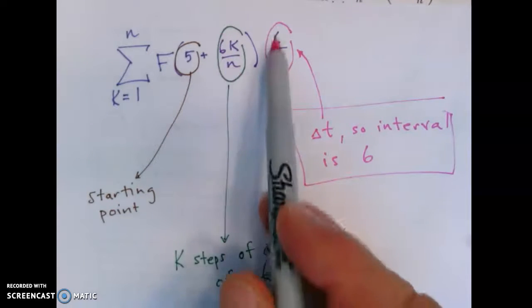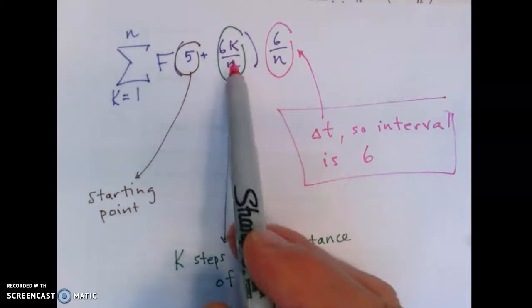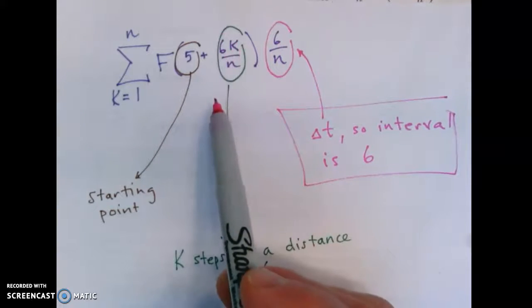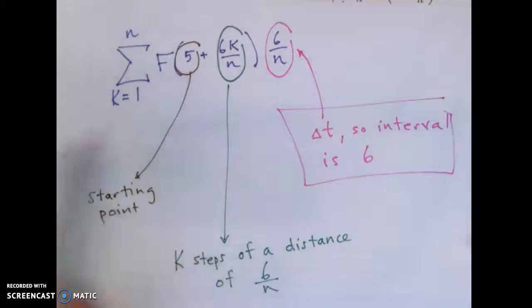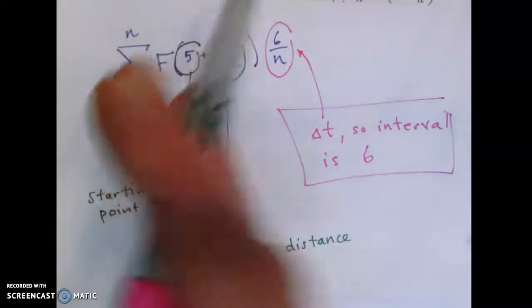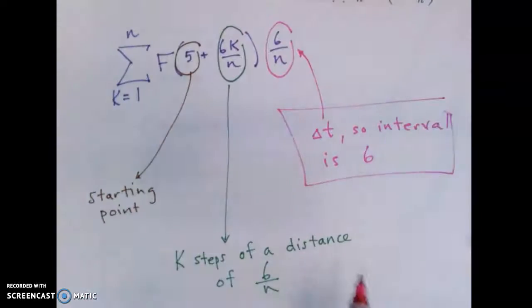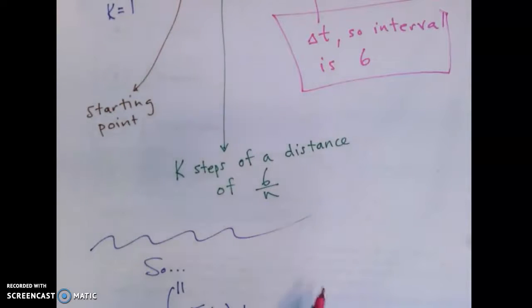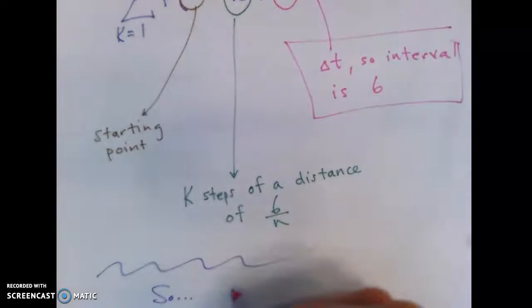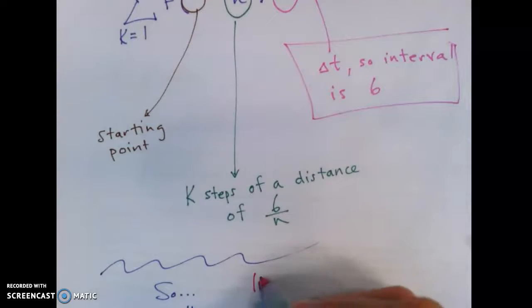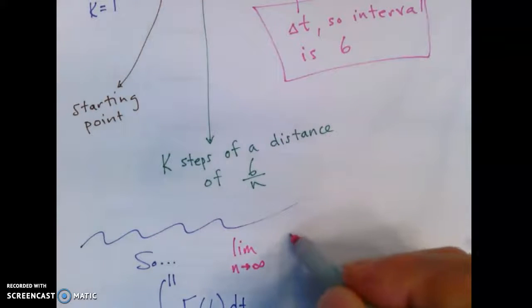So 6 over n, remember, is my delta t. So that's how big my step is. And then if I'm taking 1 step, it's times 1. If I'm taking 2 steps, it's times 2. And all that's doing is taking me down the interval, k steps of a distance of 6 over n. All right, so that's what that means. All right. Therefore, the answer is, if I were going to take the limit as n goes to infinity, right, of that function above,